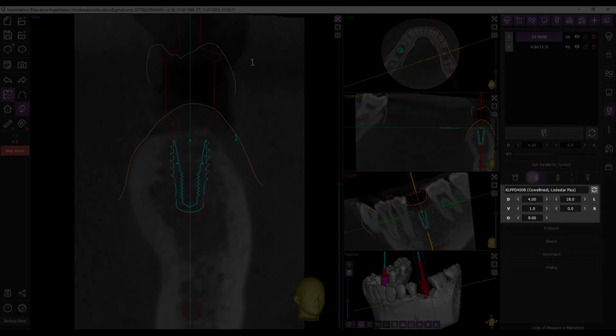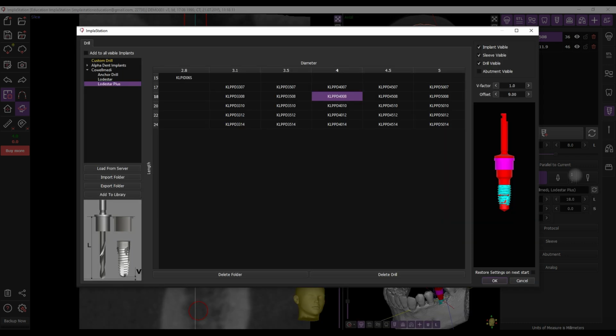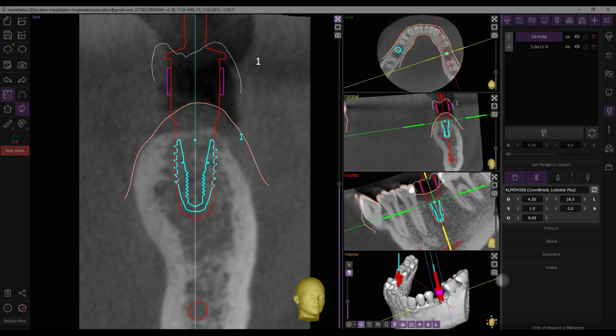Drill Management Menu. The Drill Management menu is designed for situations where you need to use a non-standard drill. For instance, when the sleeve is deeper than needed, choose a different drill by clicking the corresponding button, or edit the parameters labeled with letters. D stands for the drill diameter, L for length, V for the V factor, S for spacer height value, and